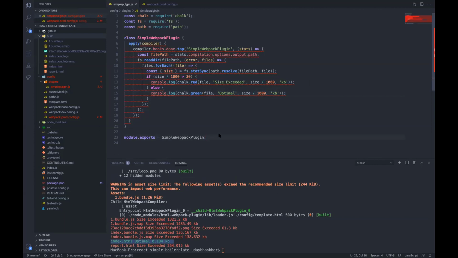Similarly, you can build a lot of things. This plugin which I have built here is not the complete thing which I wanted, but it's the basic thing.